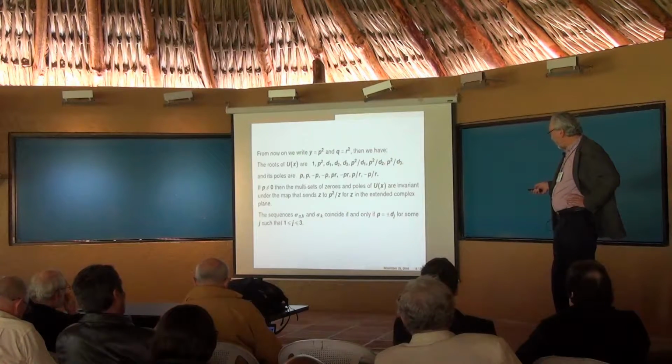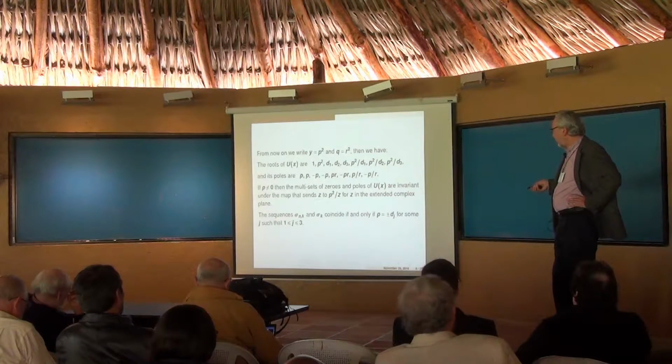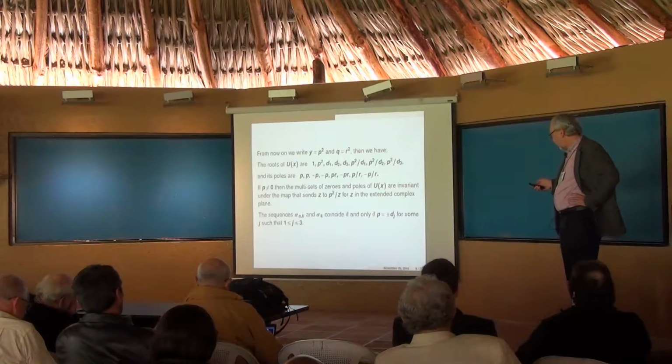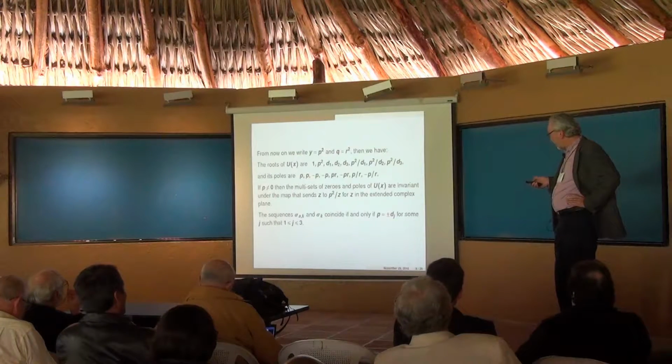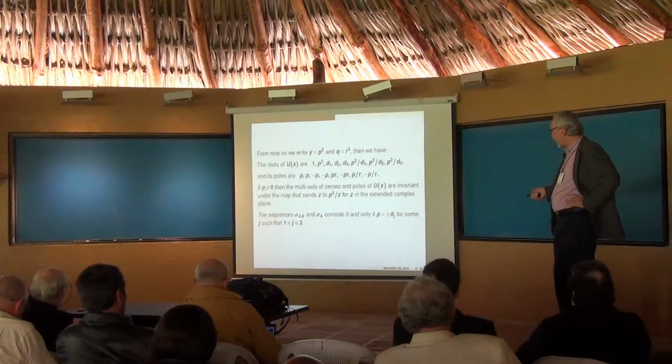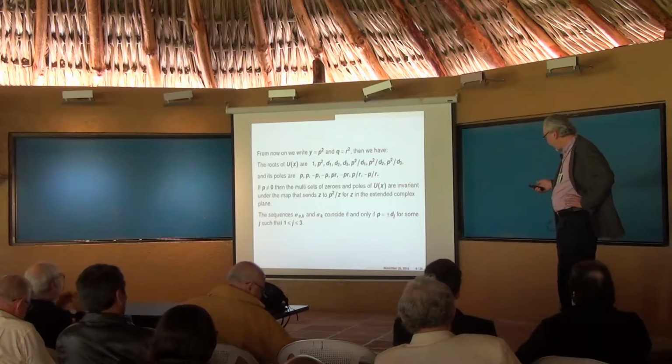In general, we have 2 possible sequences for the sigmas, but they coincide in many cases. So I'm not going to say very much about the alternative sequence, what I call the alternative sequence is sigma k.